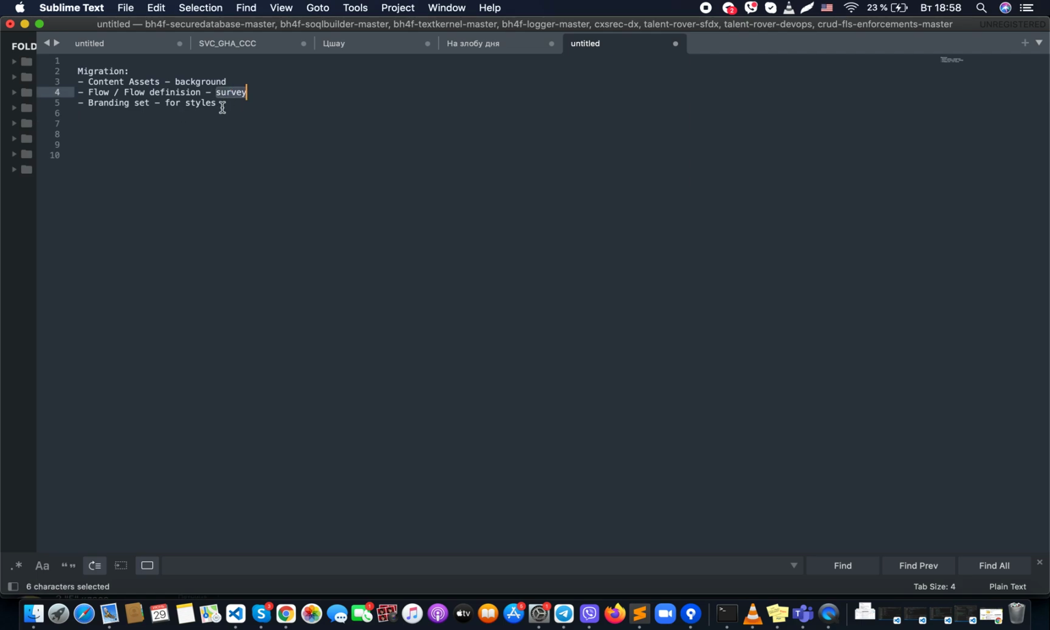For example, the actual survey we will be able to find in the flow and flow definition, and all the necessary styles we will be able to find in the branding set. Please note that the branding set will also contain a link to the background image that will be encoded. It will be some specific key, and the content assets present in the content asset folder will have the same name. This way you could combine